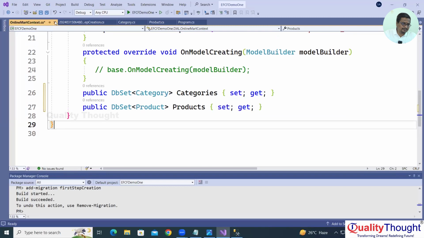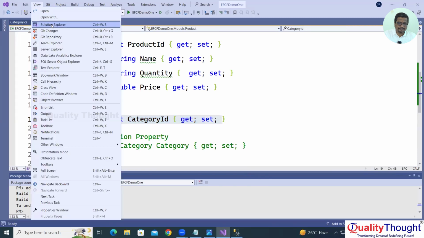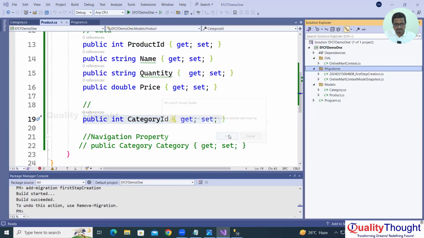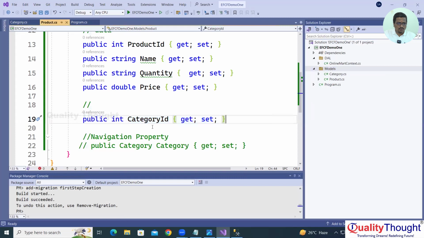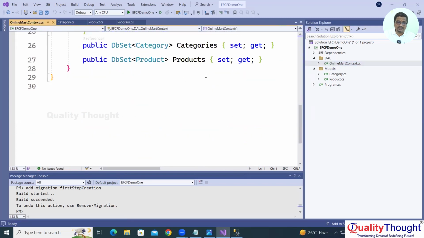Now let us delete migrations, right? Now you made an entry of products table in the context. Now these two are without any navigation properties. Okay, you made an entry in the context, but yeah,